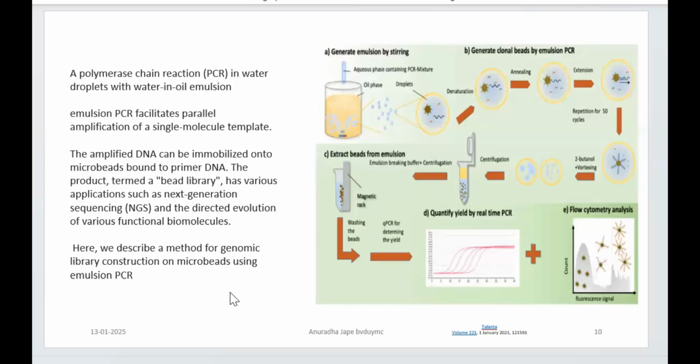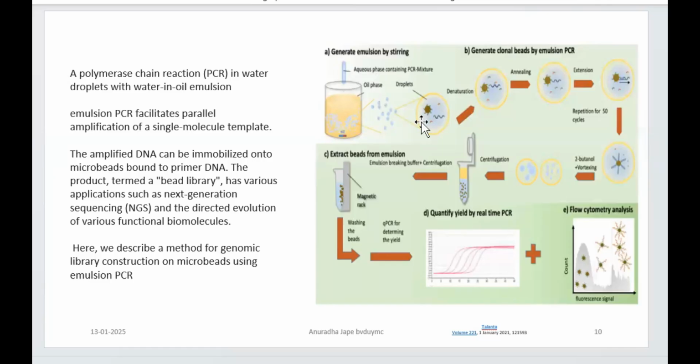All right. So if you see here in the schematic representation, generate emulsion, that is the very first thing. So you are going to have an oil phase and an aqueous phase, and by manual methods or automated methods you can generate the emulsions of it. So small, very fine droplets are going to get generated, into which you can see the system which is required for synthesis of DNA is entrapped, right? The template DNA, and here are some labels. These are the materials, you can say, which are required for extension and so on.